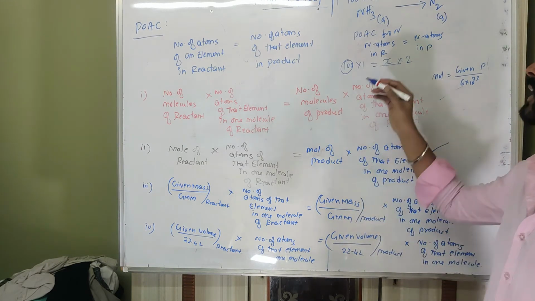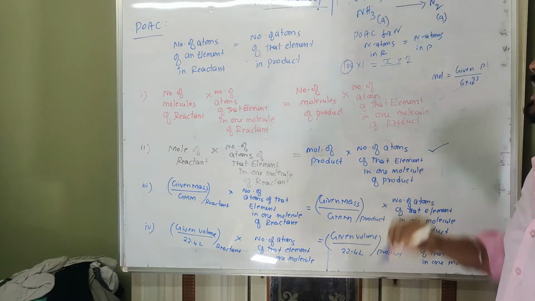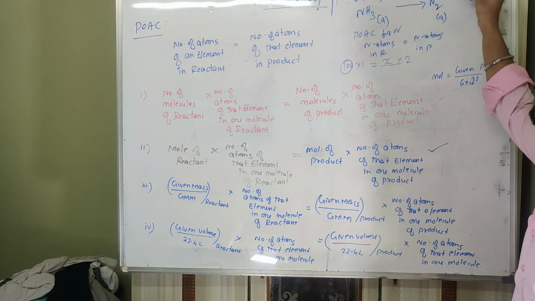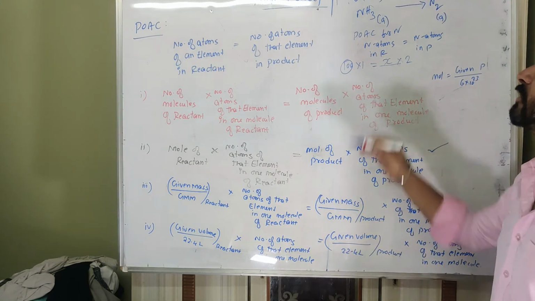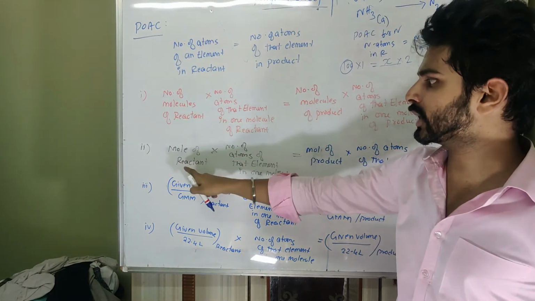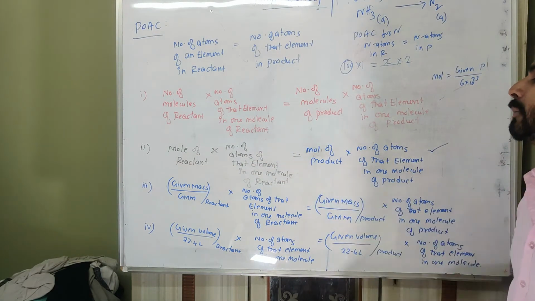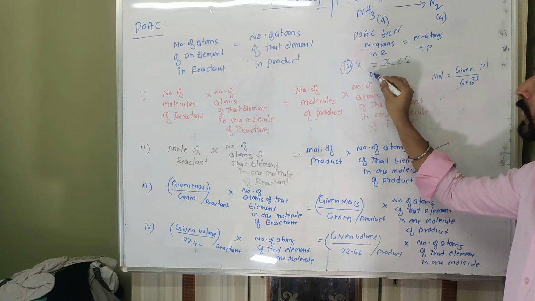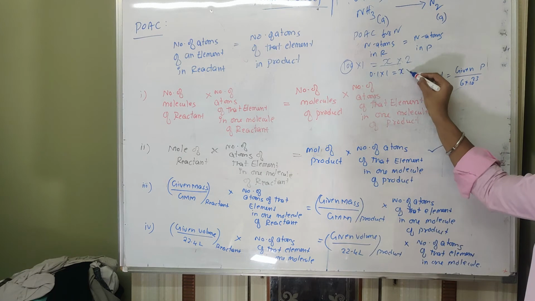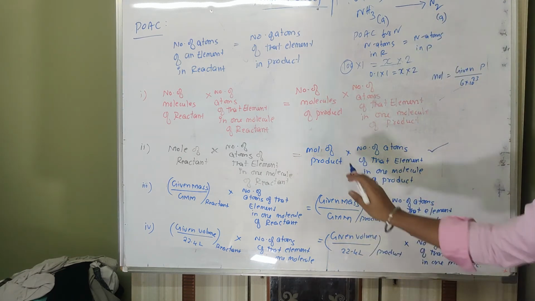Let us say the question is: 0.1 moles of ammonia reacts to give how many moles of nitrogen, and we don't know the complete reaction. Then what we can do is substitute 0.1 as mole into the number of atoms of that element. How many is there? 1. So it becomes 0.1 into 1 equal to the mole of the product, which is X, into the number of atoms, which will be 2. So we'll come to know the number of moles of product formed there.